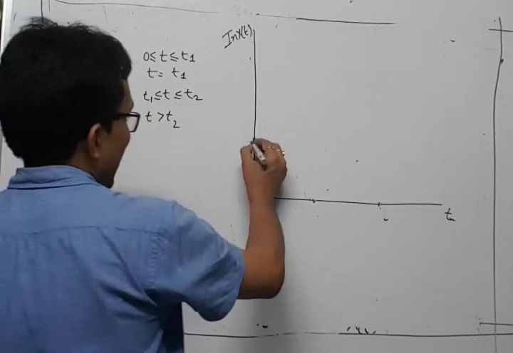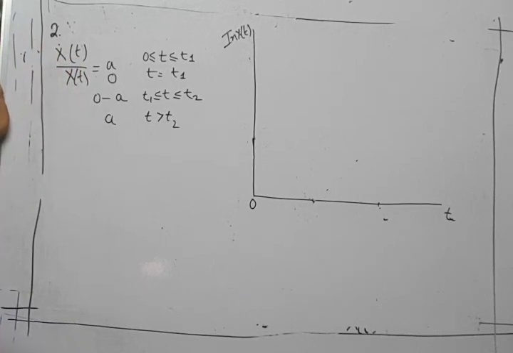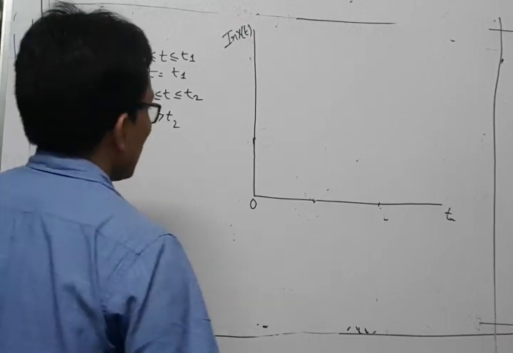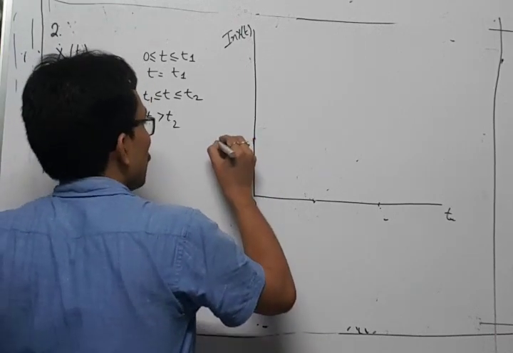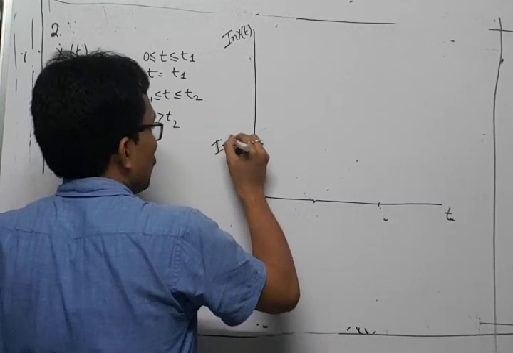So what is happening, as we know, the growth rate is constant over the time period 0 to t1 at a, and again it drops at t equal to t1 to 0 and starts rising gradually from 0 to a over the time period t1 to t2, and then remains at that level, that is a, after t2. So if you look at the growth rate slope, so this will be nothing but log of x